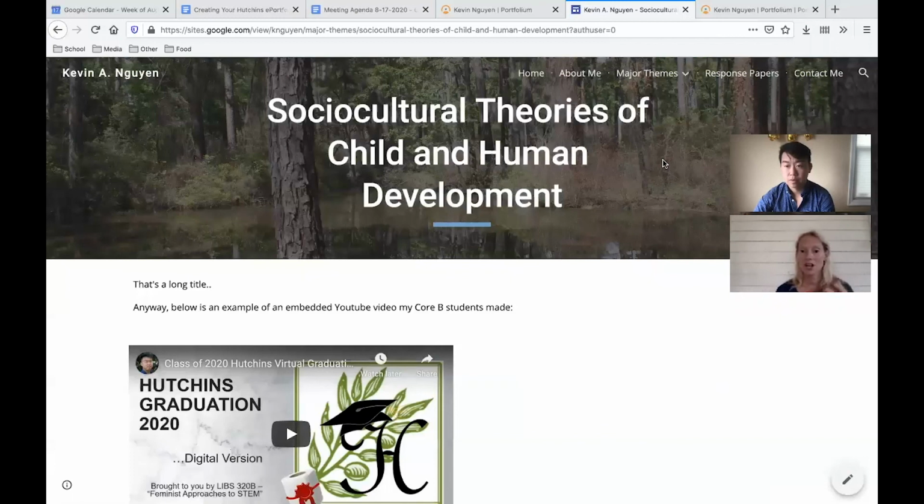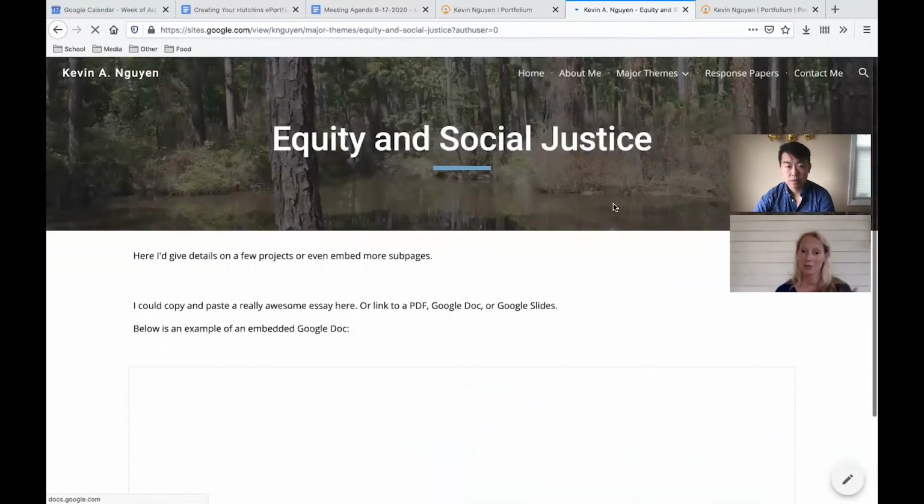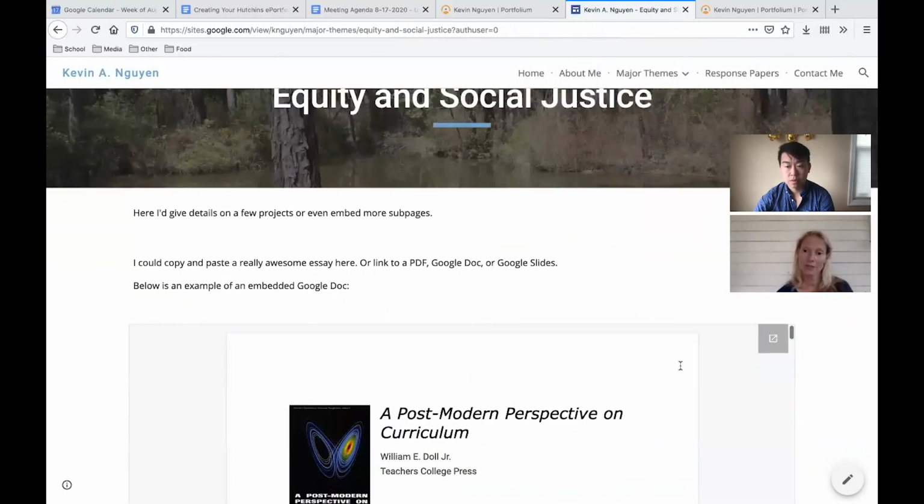These are very different topics, but it looks like I've always been kind of concerned with feminism, or with sociocultural realities, or with this or that. So you can let themes emerge when you look at your work and you choose your artifacts for your portfolio. And one other thing I want to mention is Kevin has some beautiful examples of maybe